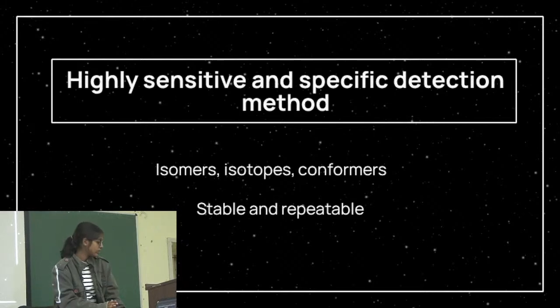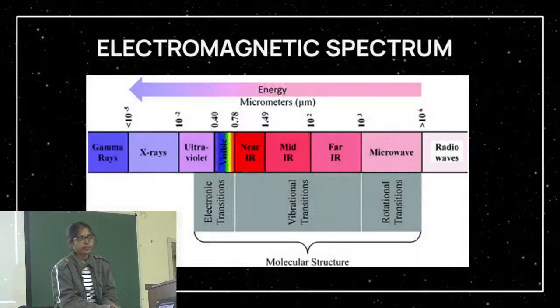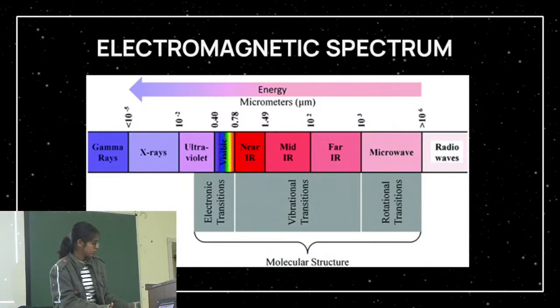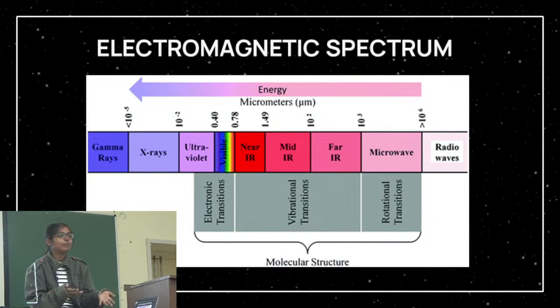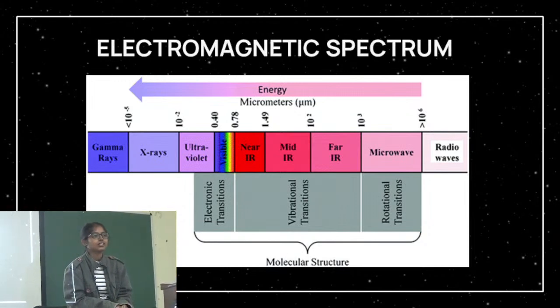Let's move on and look at the electromagnetic spectrum. Microwave has rotational transitions, the infrared has vibrational transitions, the ultraviolet and the visible usually have electronic transitions. If you want to make a guess, what kind of spectrometer should this be? It's actually easy. If you know how data is collected through observations in astronomy, you could make a guess. Which region does the data come from in astronomical observations?